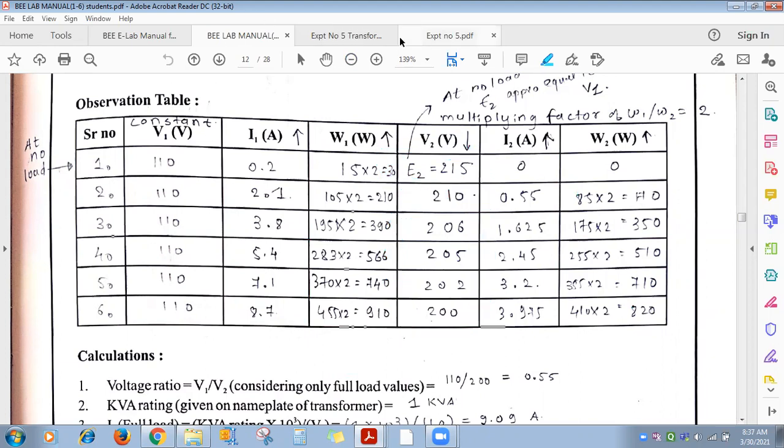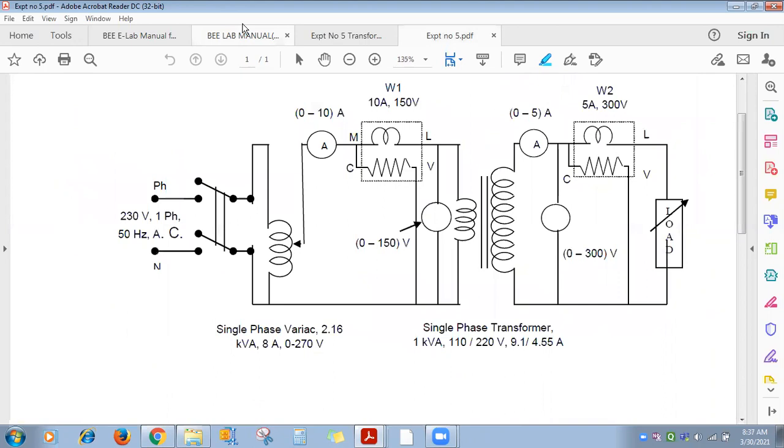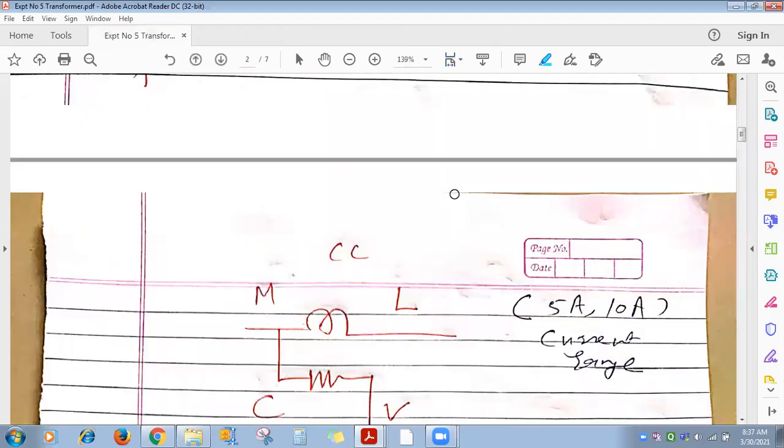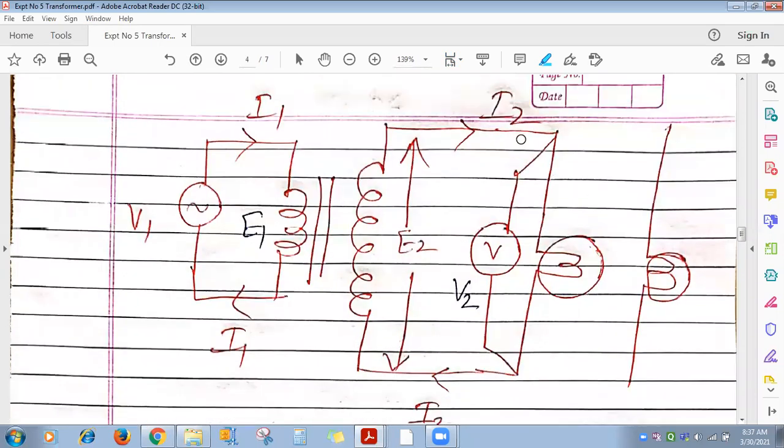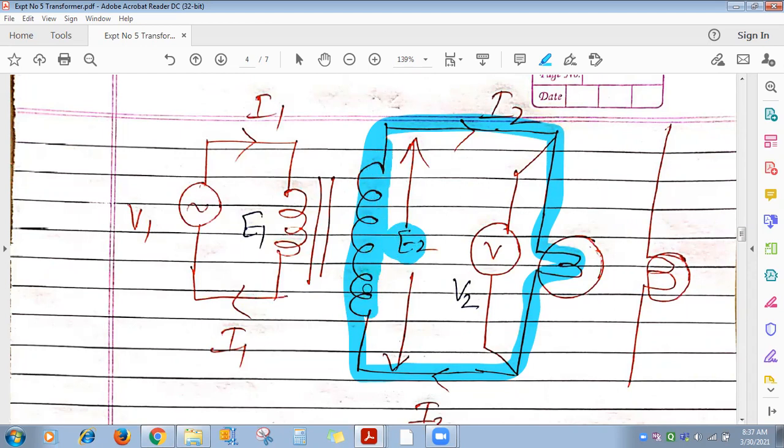Okay. Now see, from the second reading, what will we do? We'll connect the load across the secondary. Suppose I am going to switch on one lamp. See, now the connections will be like this. One lamp we have connected across the secondary. Now is the circuit closed on the secondary? Yes, the circuit is closed, so EMF is being induced in the secondary, E2, which is approximately 220 volt, and it always remains constant, and the circuit is closed. So as EMF is induced and the circuit is closed, will current flow through the secondary now?